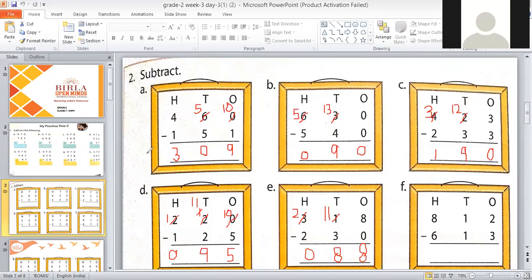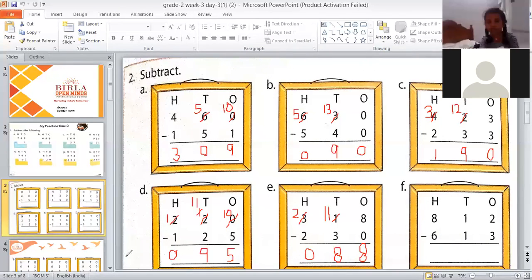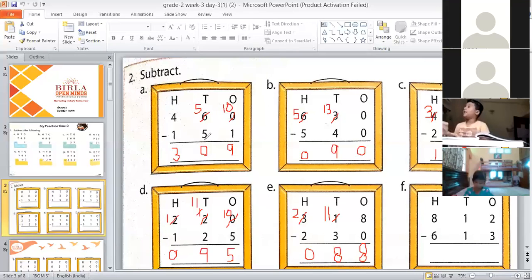Aslan, you read bit F. Okay, ma'am. Yes, read that question. 812 minus 613. That's correct. Now tell me, Aslan, is it possible to take away 3 from 2? No. So what we will do? We'll take 1 borrow from the number in tens place. So what this 1 will become in tens place? 0. Very good. This 1 will become 0. And what this 2 will become in ones place? 12. Yes, we will cut this 2 and write here 12.